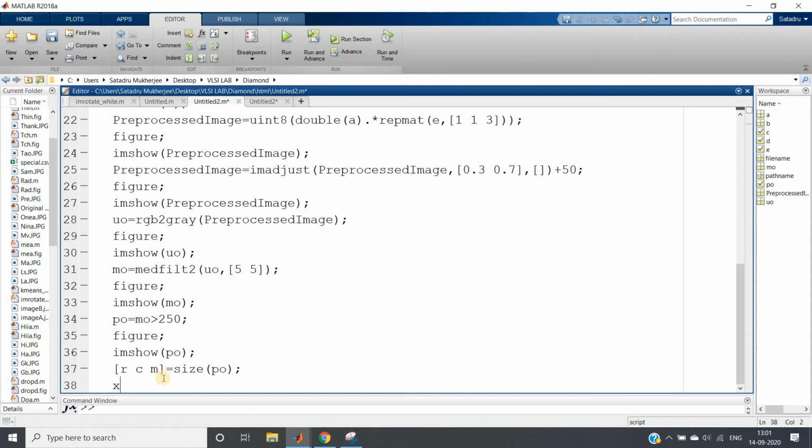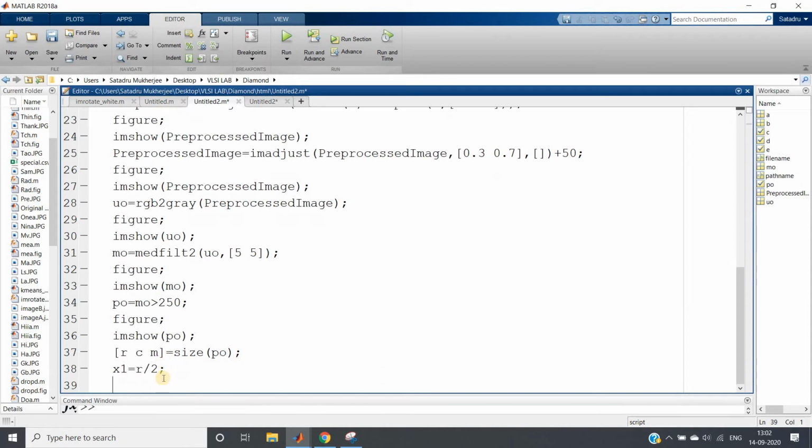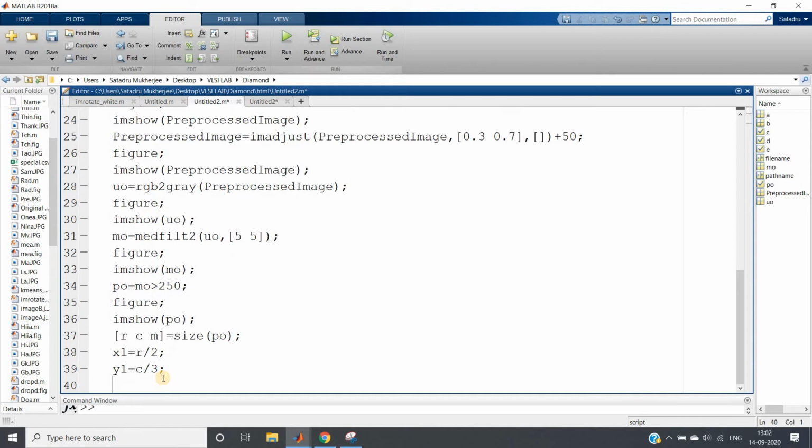Then x1 equal to total number of rows by 2, height of the image by 2. y1 equal to total number of columns by 3, that is width of the image by 3. Rows are basically height and columns are basically width, right? Now we are going to create the filter for region of interest.